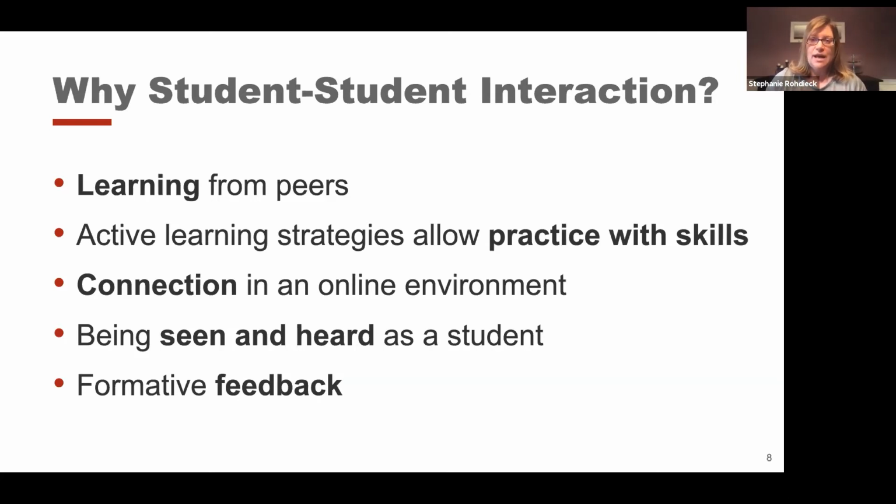So this is a perfect opportunity for us. I like to think that doing things synchronously online like this may actually give more students an opportunity to be seen and heard than if you have them in the classroom even. So this is a nice reason to get engaged with more of our students perhaps.